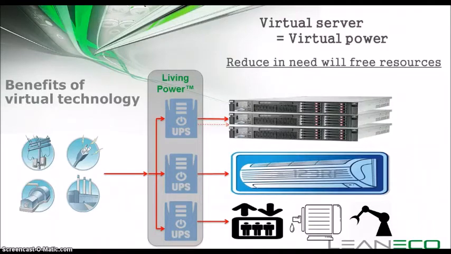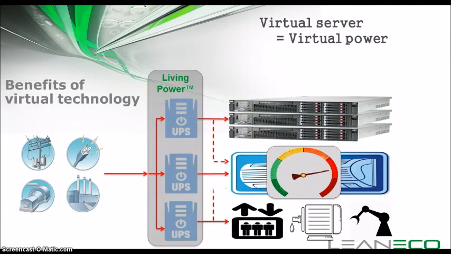It will reduce the need for free resources. If one of your servers were down, you could simply take one of the UPS rectifiers and inverters out of your system and not use that resource anymore. If one of your systems had really high capacity for power, the living power system would automatically redirect the UPS capacity to serve that need, moving rectifiers and inverters around inside the system to supply additional power to this load.